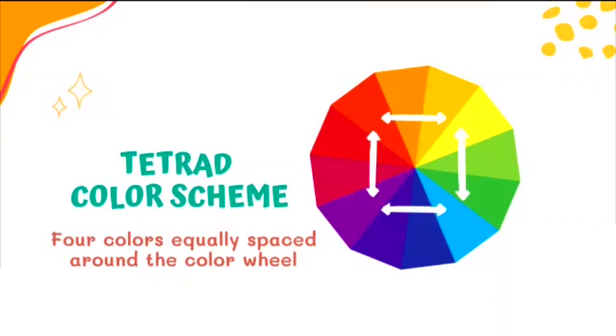Okay? What shape can we form if we're gonna choose 4 colors daw? 4 na kulay na magkakasing layo sa color wheel. Anong shape ang nabuo natin? What shape could it be? What shape has 4 sides or 4 corners? Square. Usually, when you say tetradic color scheme, you're gonna use 4 colors that forms a square in the color